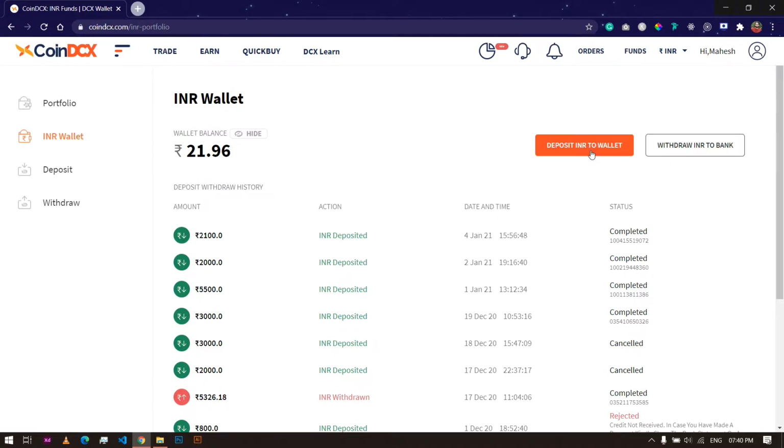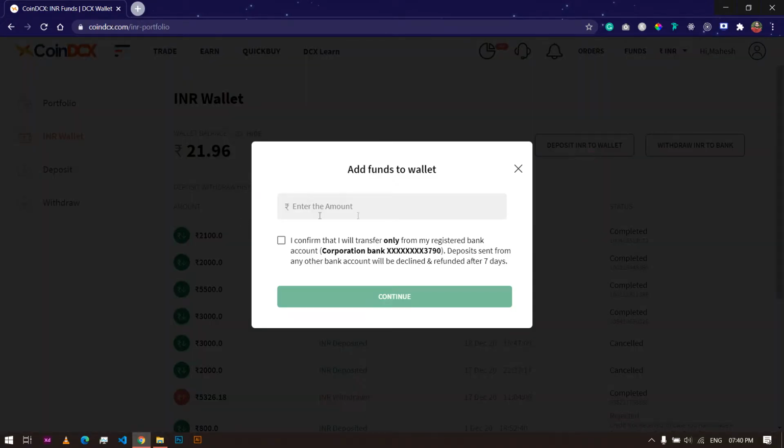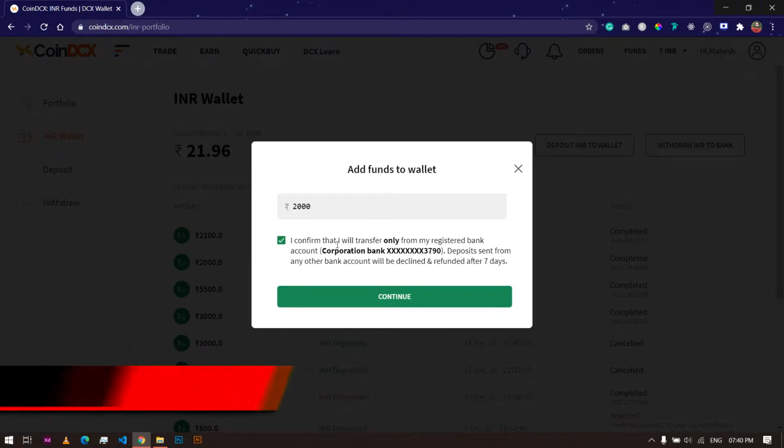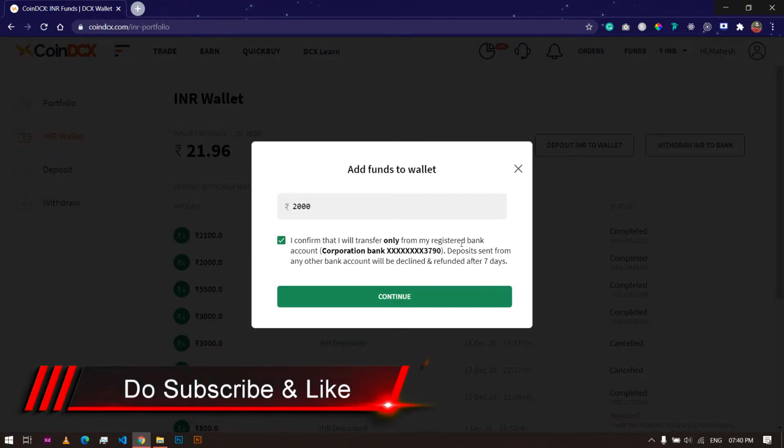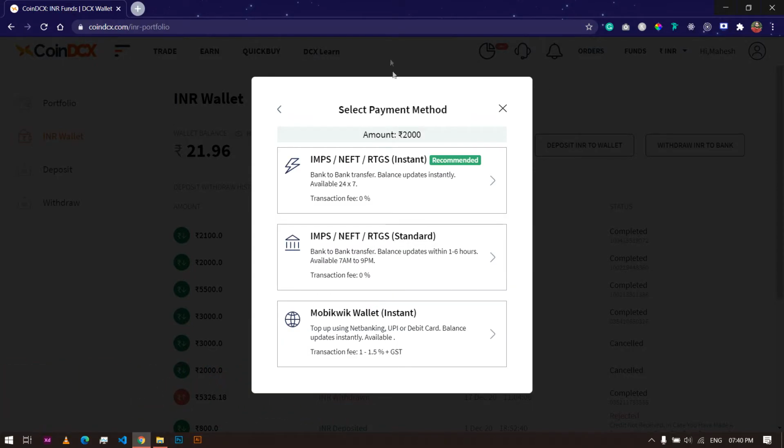So click on deposit INR to wallet and here enter the amount, and click on I confirm that I will transfer only from my registered bank account, and here you can see the bank name and the account number. So click on continue.